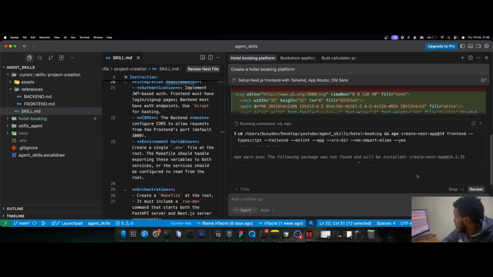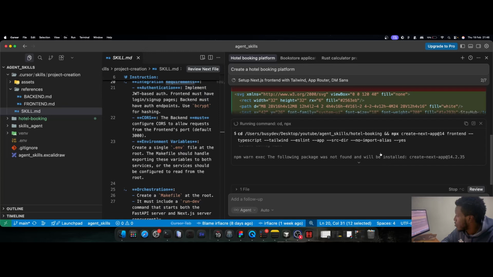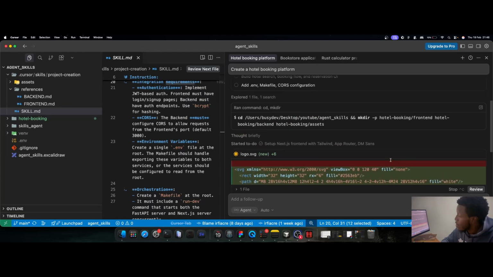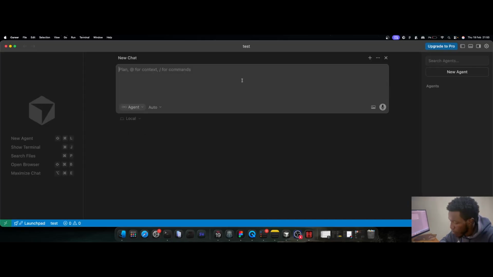Now once everything is done, okay, my internet is a bit slow, but yeah, it's trying to install requirements and dependencies, and they're taking some time. So that's how it is. Okay, so here we are going to try to create a project, and then we see if it will use the global skill. Create a project